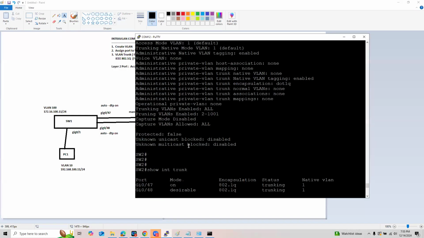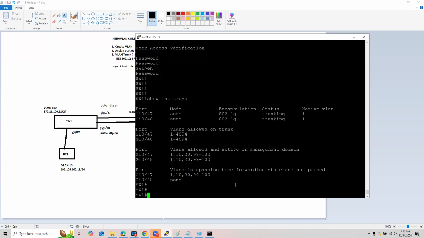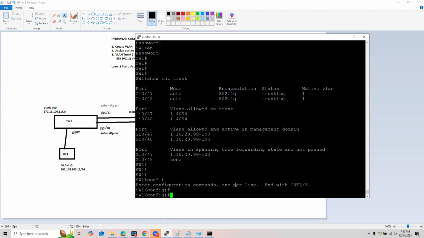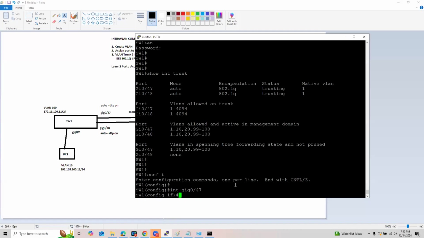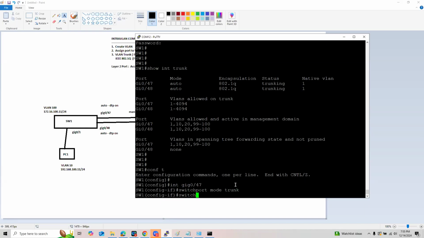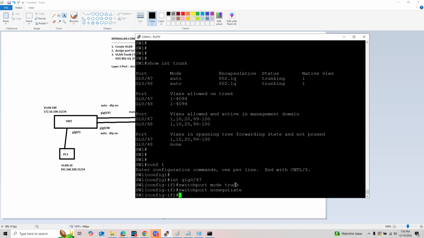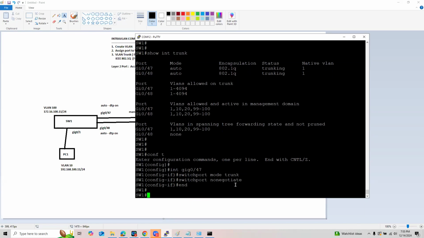So to make things even, I'm going to go to interface gigabit 0/47 here, switchport mode trunk, and switchport nonegotiate. This is just to manually set the port to trunk and also disable DTP on this side, port 47 of switch 1.